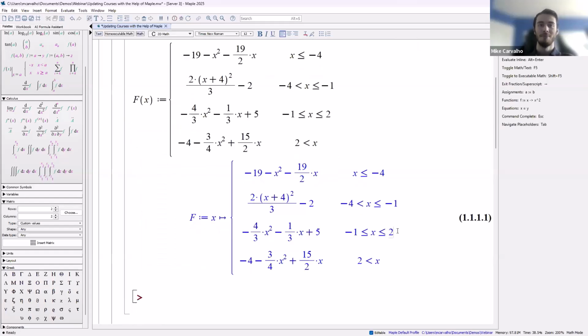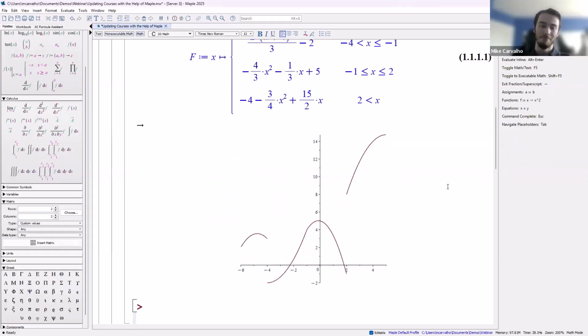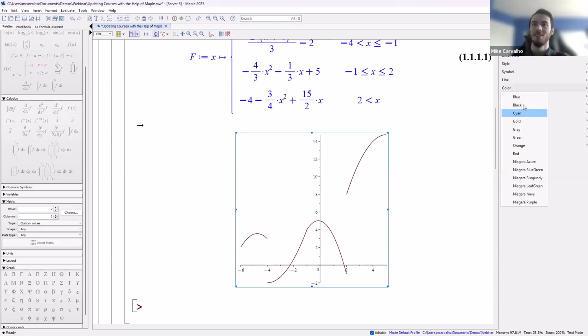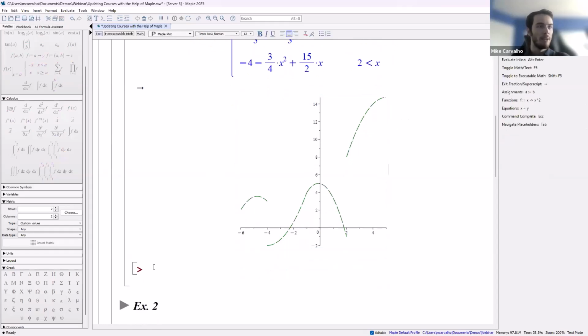I just execute it, 3 clicks, I click on the expression, I click plots, I click 2D plot, boom, just like that. And now maybe you don't like the defaults, and that's a-okay, because these are fully customizable, right? I can choose a different color, which one looks nice? Green looks pretty good. Choose line style, all that fully customizable. And now this is a standard plot.